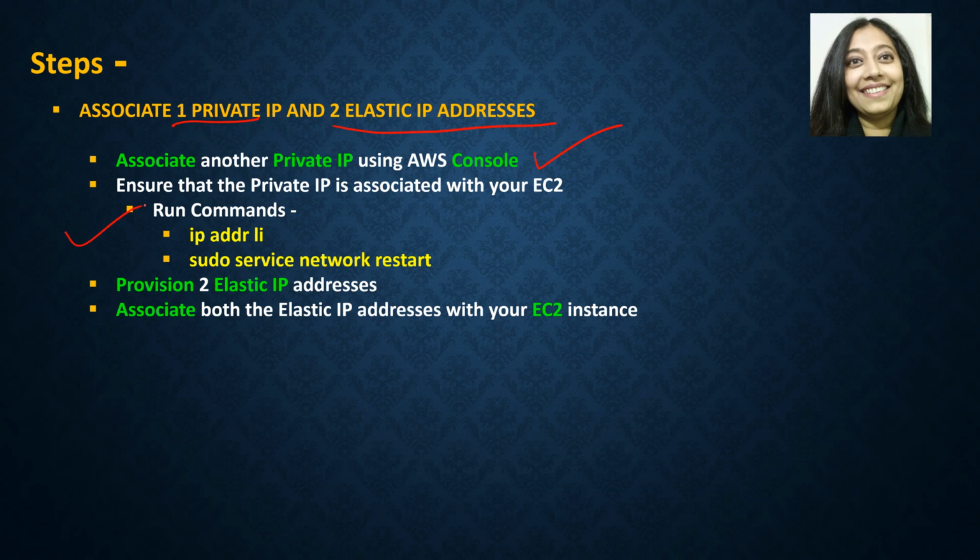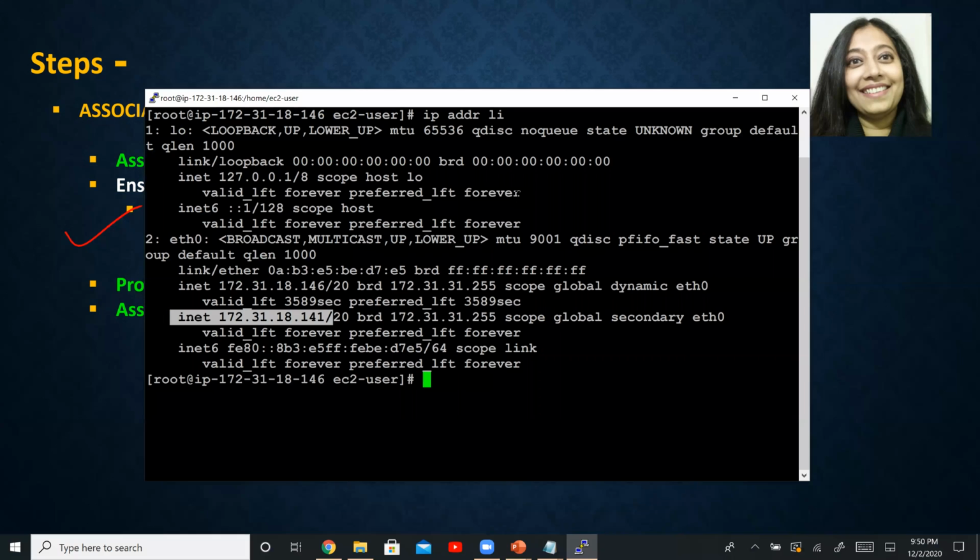The next thing that we need to do is we need to provision two elastic IP addresses. So the reason why I'm provisioning two elastic IP addresses is because I intend to host two websites on this EC2 instance. Remember, we have to host two or more websites, right? Multiple websites, so it's two or more. So let's go ahead and provision these. And after we provision them, we will associate both the elastic IP addresses to our EC2 instance.